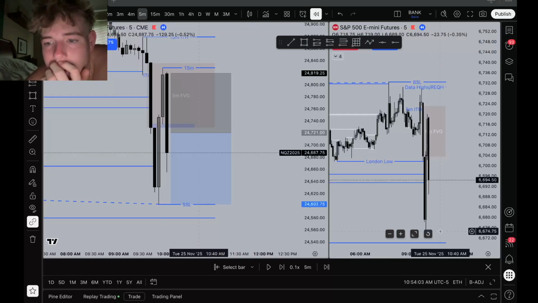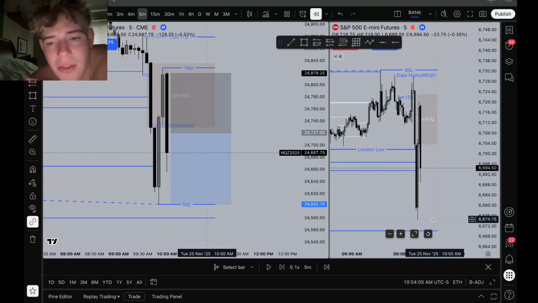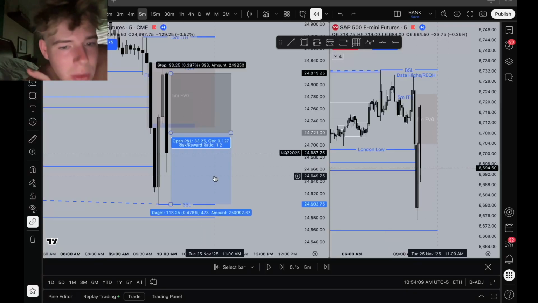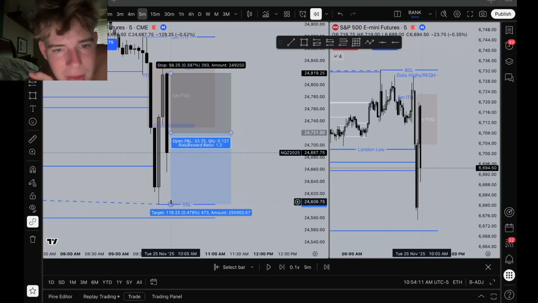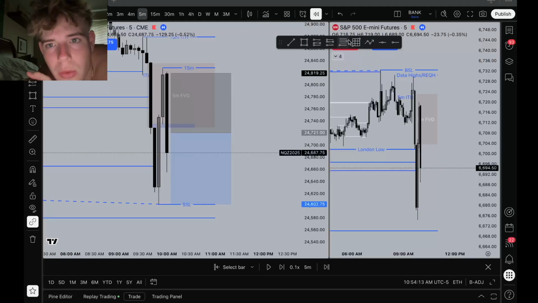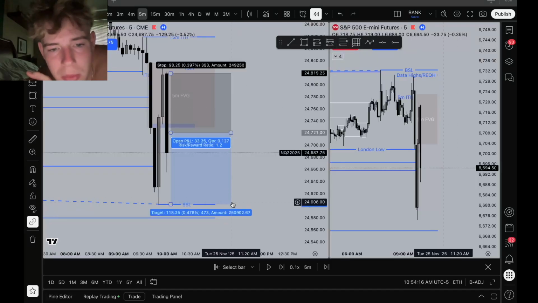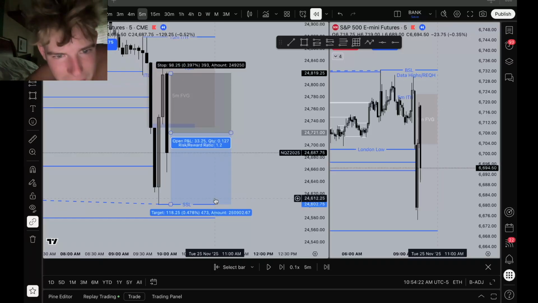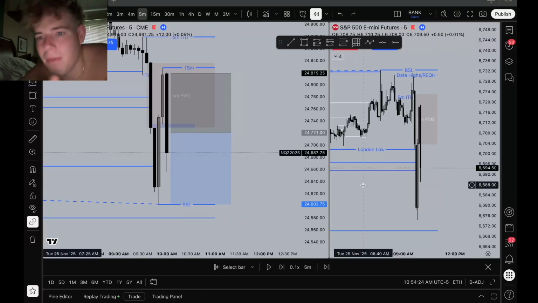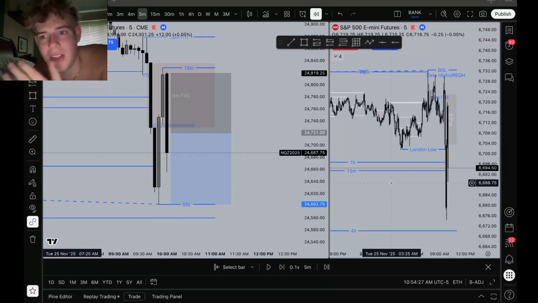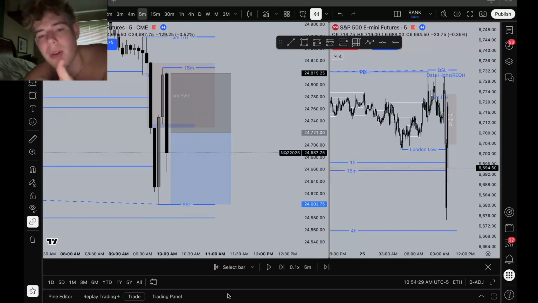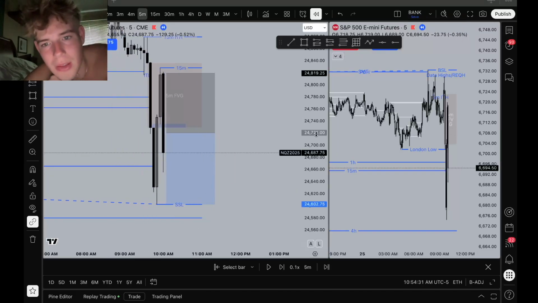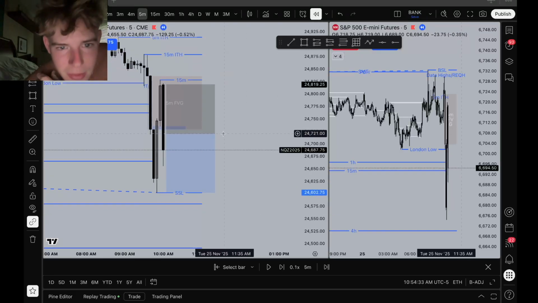I have an alert here on ES. So if we take this low, I will just move my stop loss to break even and still hold, because I could technically look for just that 1-to-1 and move my limit order up a little bit more, which who knows, I don't know if I would have done that or not. I probably wouldn't have, because this isn't much more to ask for, and to me it seemed truly bearish. So regardless of SMT or not, I think we would take that low, but I would be risk free.